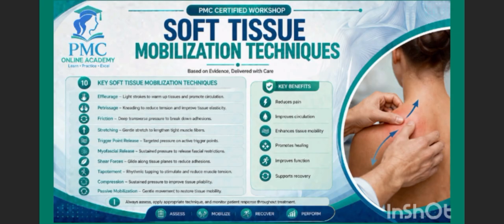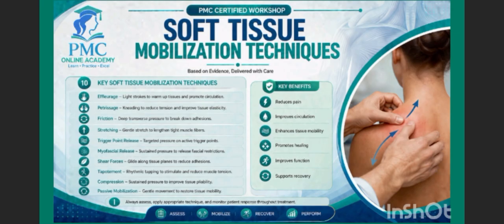Third is trigger point release. Now let's discuss it. A trigger point is a tight, sensitive knot within a muscle that can cause both local pain and referred pain. The technique involves applying gentle sustained pressure directly over the trigger point for about 30 to 90 seconds, depending